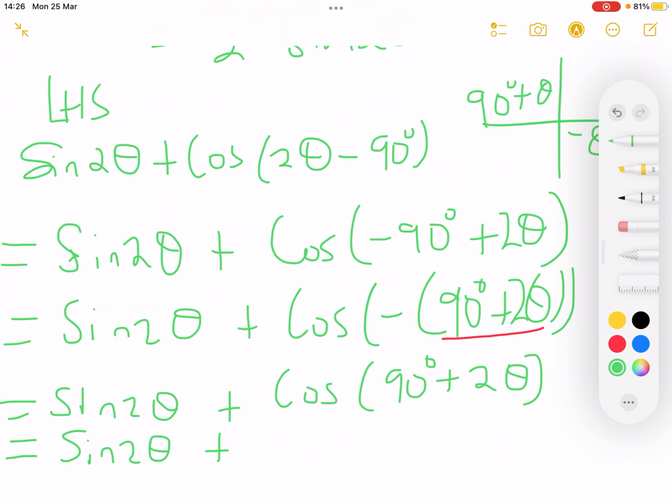This means the complementary trig ratio for cos is sin. Sin of this angle, so it's sin 2 theta. And what is the sign for sin in our